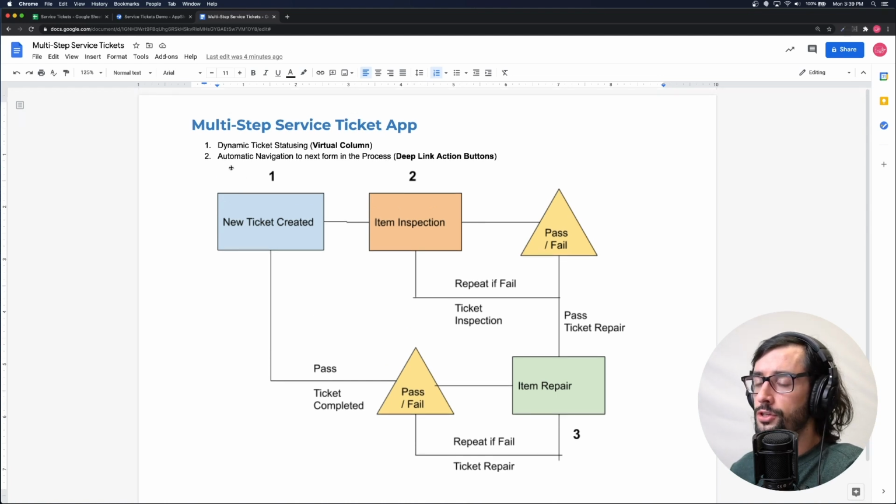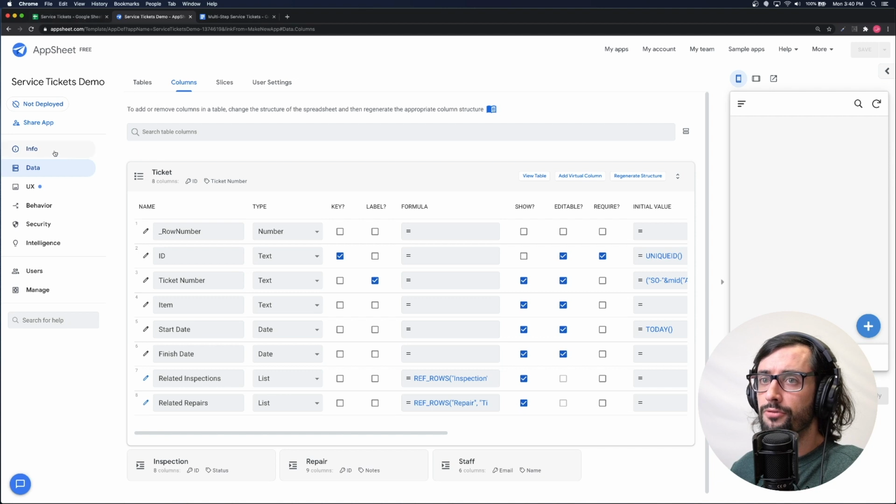So the two tools that we're going to focus on to make this happen: for the dynamic ticket statusing, we're going to use a virtual column to conditionally and automatically change the status based on where somebody is in this process. And then to move people into the next phase of the process, according to the appropriate logic, we're going to use deep links inside of action buttons on the ticket level to navigate us around. So if we take a look at this app,